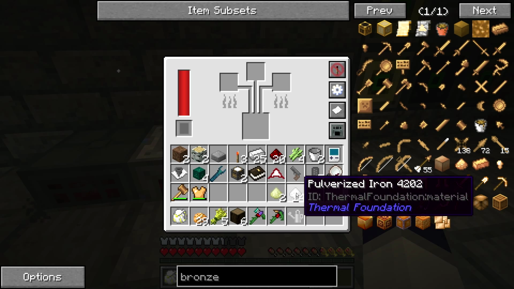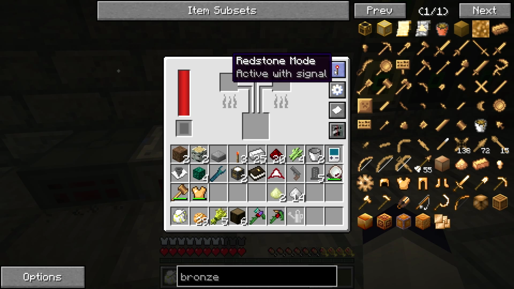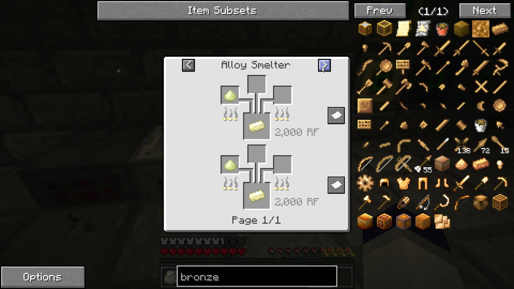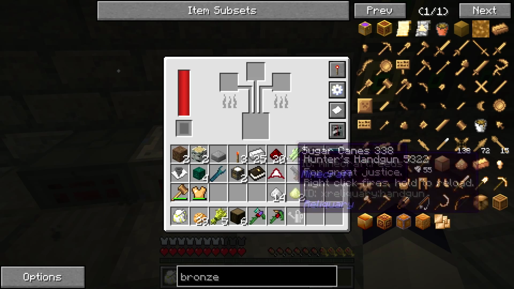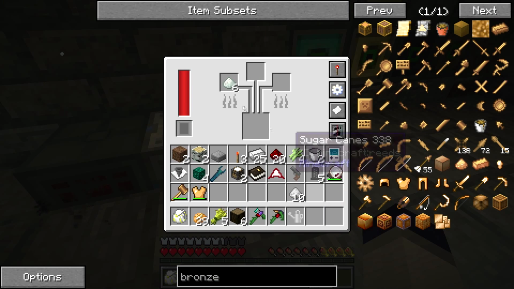Can I not? Can I not put that in there? Does it not let me do that? Really? Huh. So it will not let me do that. I have to actually make the invar blend. Huh. Well, that sucks. I thought I was going to be able to